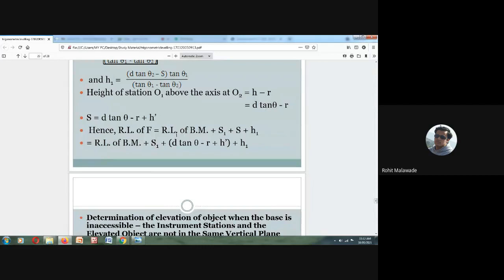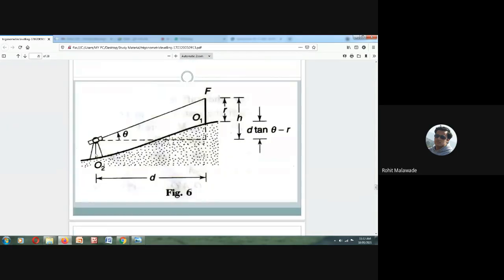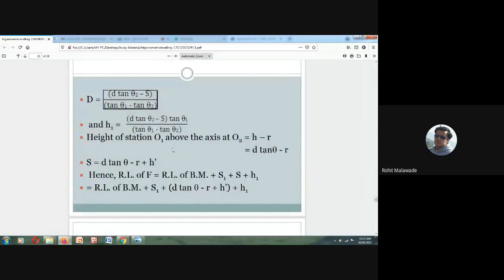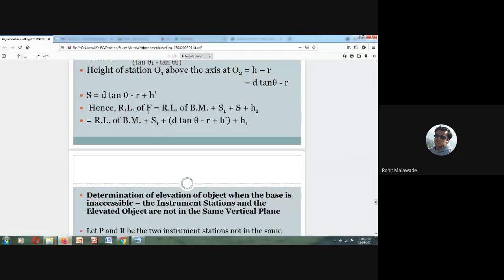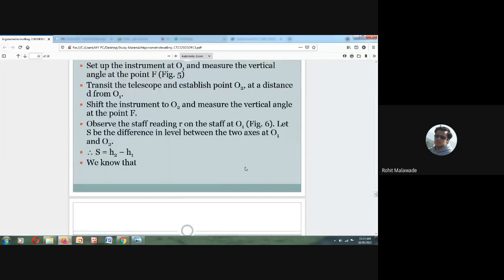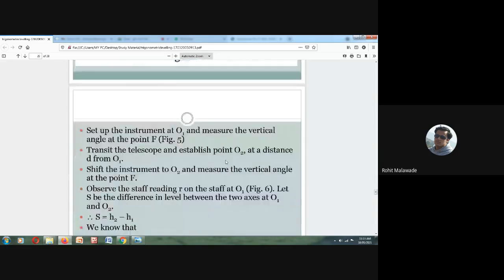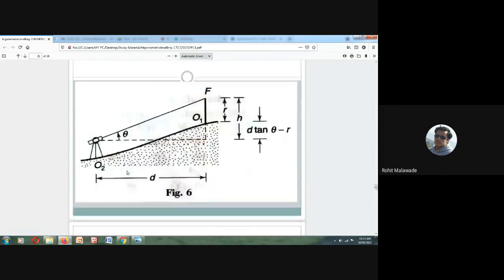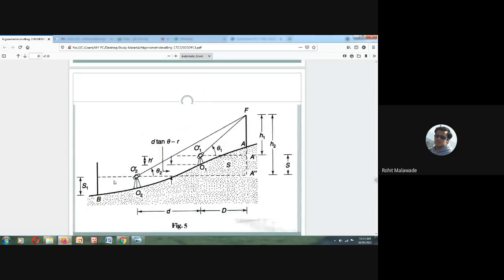Now the RL of F, we can calculate it from the RL of the benchmark plus the height of the station. We want the RL of F. How can we calculate it? By using the formula RL of BM plus S1. What is S1? RL of benchmark plus S1 is up to this particular height. Then we calculate this, plus S,